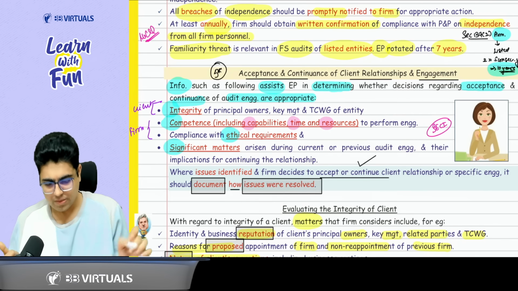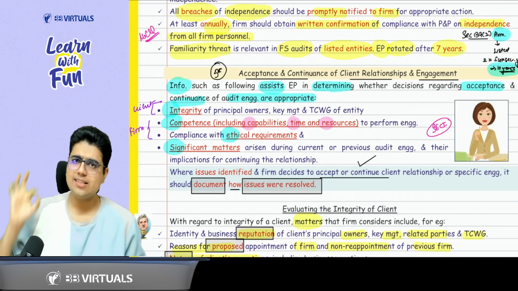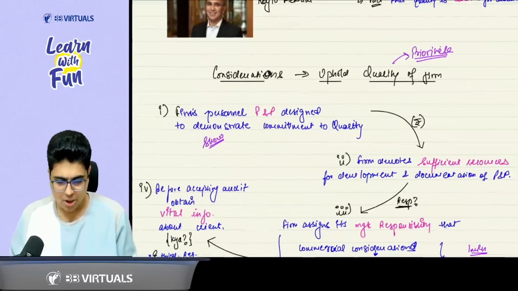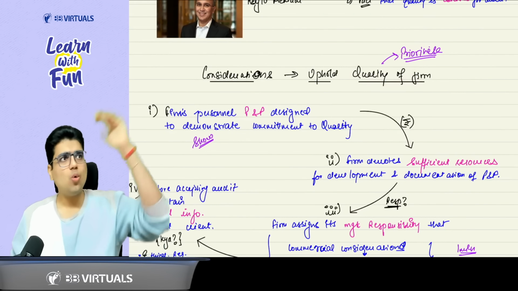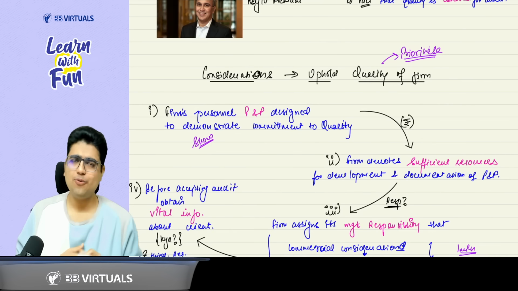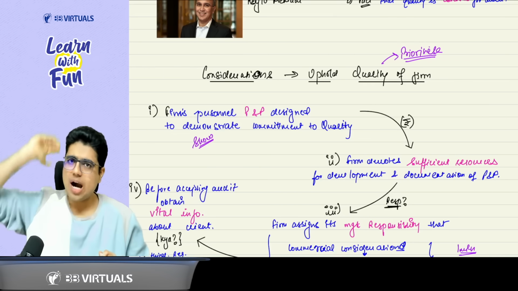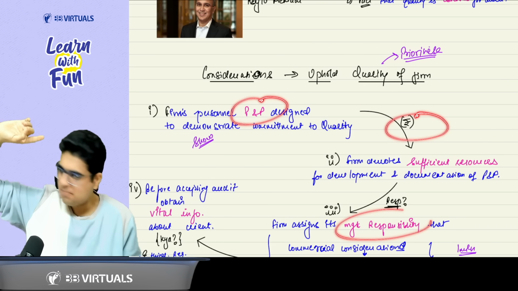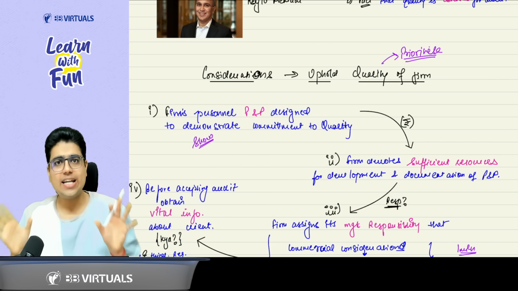Now, sir, this part is done. I hope this part is crystal clear to you. We were discussing this topic of upholding the quality. That quality should be given supreme power and commercial consideration should be below it. What were the 3 points we have discussed? To uphold the quality, create a policy. For this, you will need resources. Whose responsibility? Management responsibility. 4th point I left out.